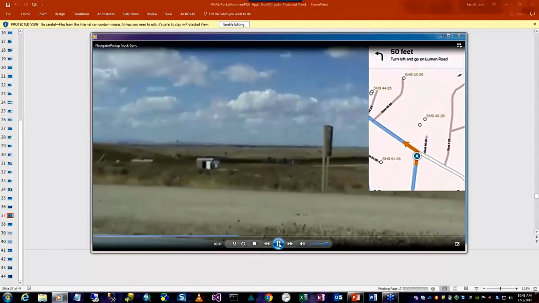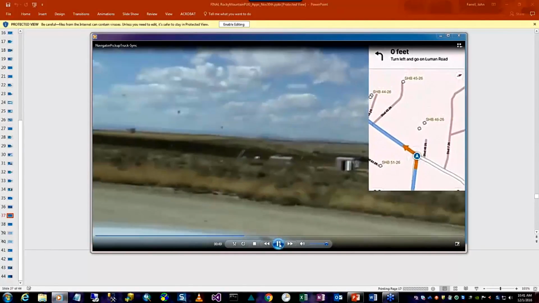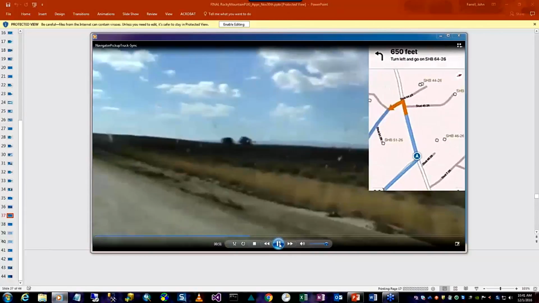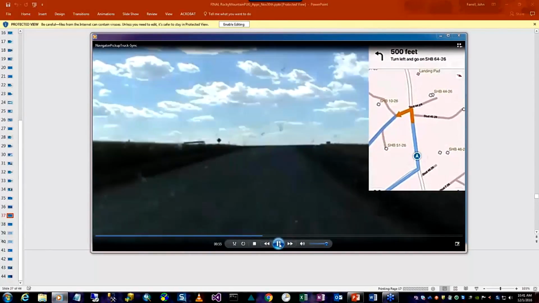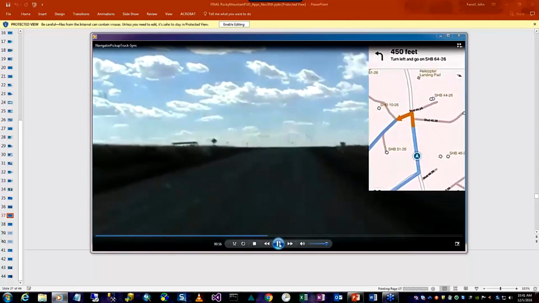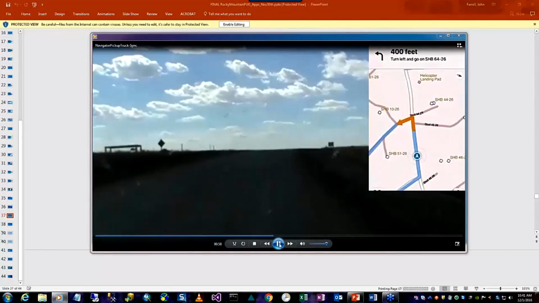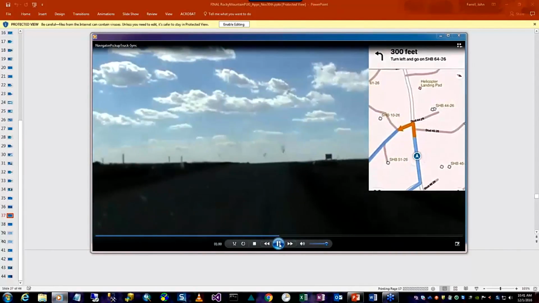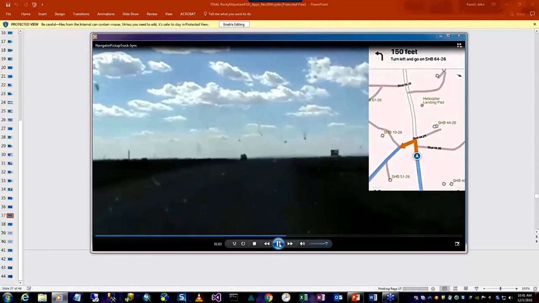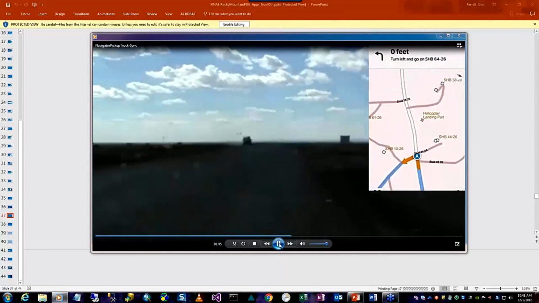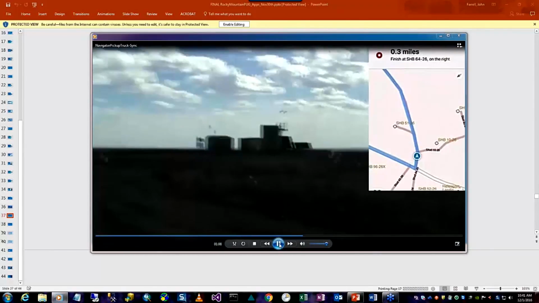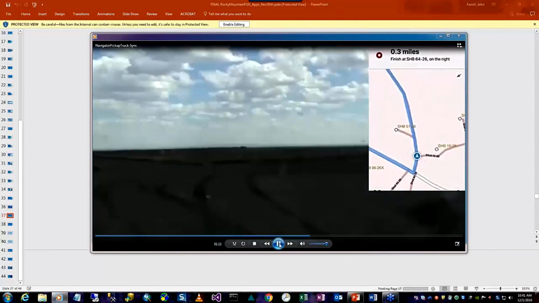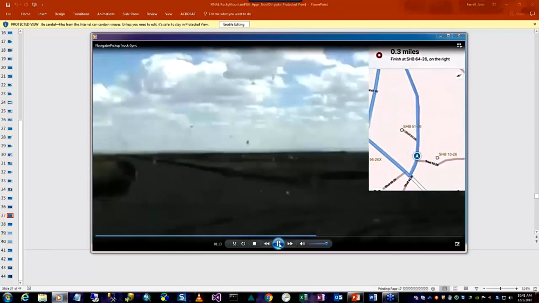Nearby wells are slow to reach because the roads wander like you see here. Here we're making a left turn. And once again, this is our custom road network. These roads are not in Street Map Premium with the exception of one main road. This road here is a main thoroughfare through the Jonah field. This is in Street Map Premium, but all the other ones are not. And Jonah Energy went to a great deal of effort to assemble a road network in GIS to support applications like this.